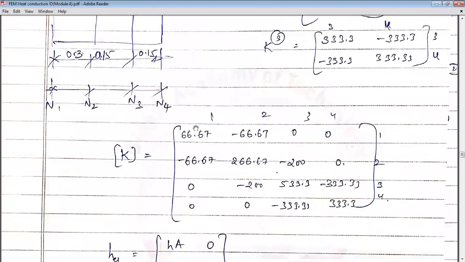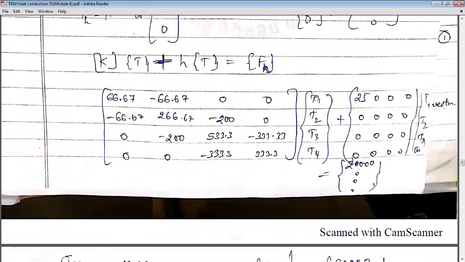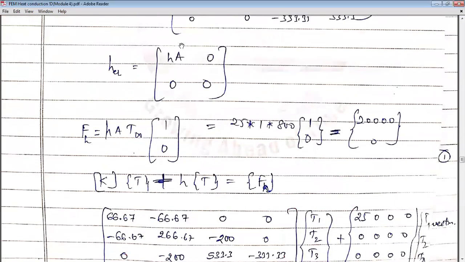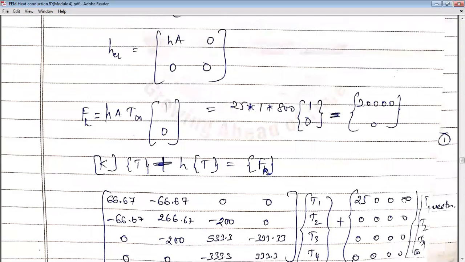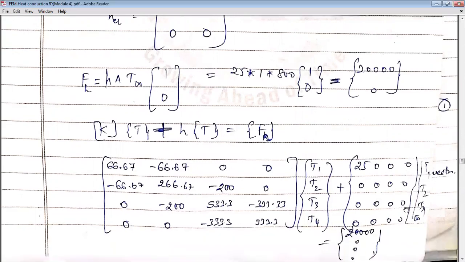K I will write, the same matrix. How many nodes? 4 nodes, 4 unknowns, 4 temperatures, T1, T2, T3, T4. H I will write; this will be 1 2, 1 2, right? I missed this 1 2, 1 2. Here again 1 2, here also 1 2, 1 2. So we take 1 2, 1 2 down. We'll be writing 25 for one element, 0 for the rest. All these are 4 by 4 matrices to add with the K matrix. The 0 terms will not have any role to play. What are the unknowns? T1, T2.